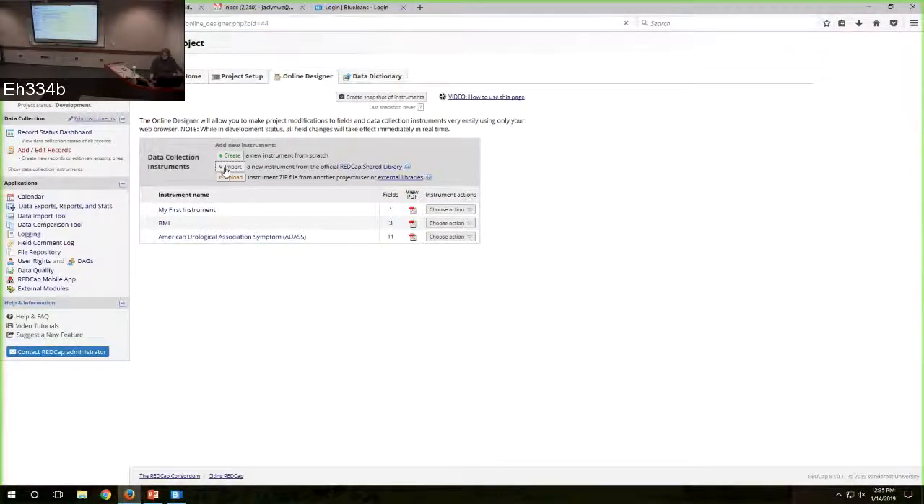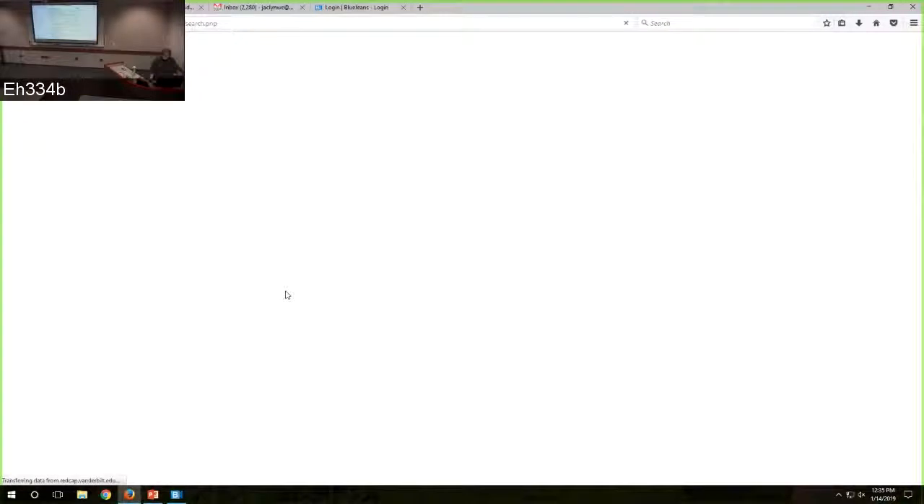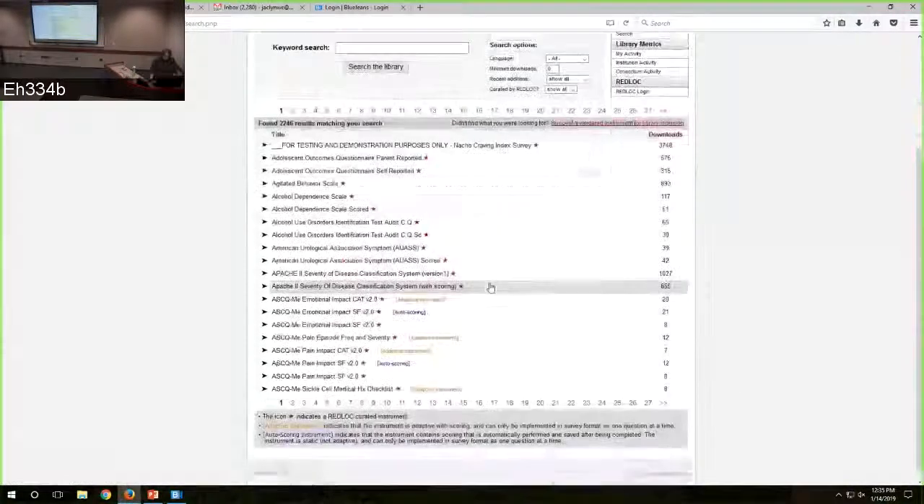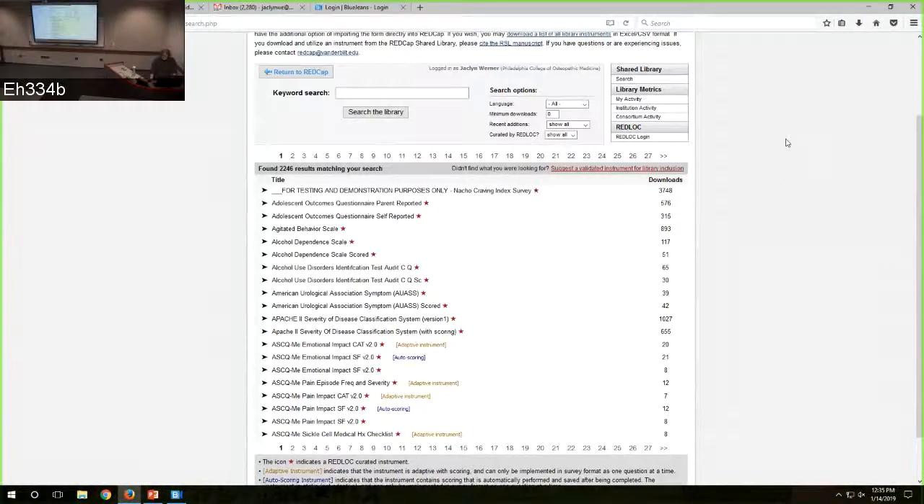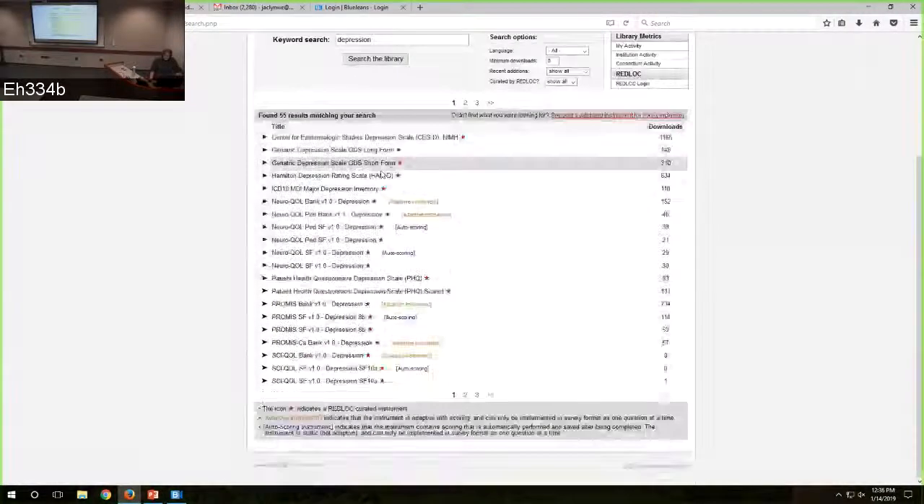But here, if you click Import from the REDCap shared library, there's over 2,000 studies, and a lot of these have red stars next to them, which means that they're a curated instrument. What this means is that these instruments are free to use for the public, and they've been vetted so that they're exactly the same as the original version of the survey. So, if you search for, let's say, depression,